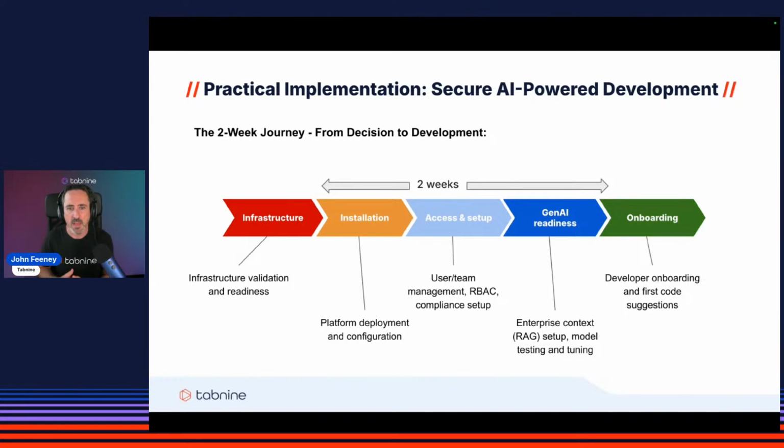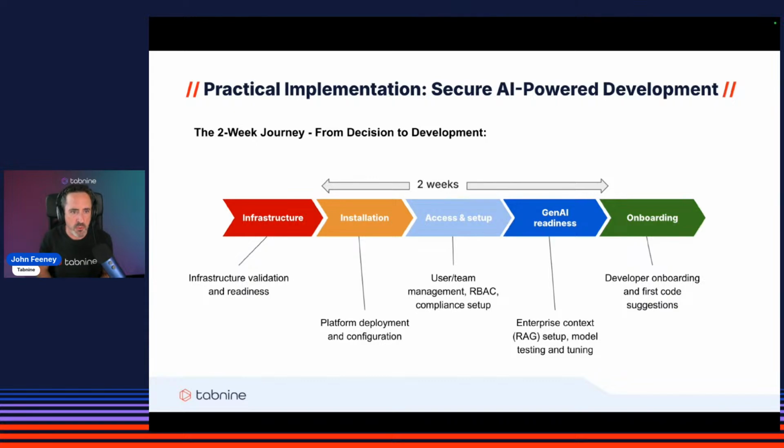So if that's Active Directory, ADFS, or some other SAML-based IDP, we can do that integration in this stage, and we'll map your existing groups and roles into Tabnine teams and permissions, so that the RBAC is set up to match your organizational structure. Here as well, we'll set up the compliance logging and audit trails, so that they're ready to connect to your systems.